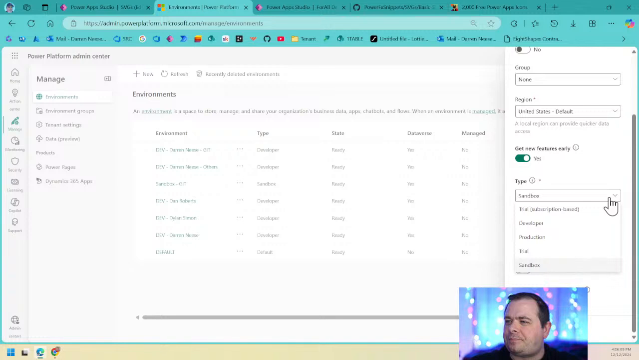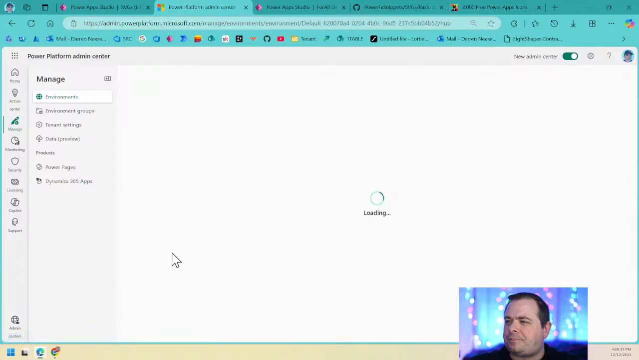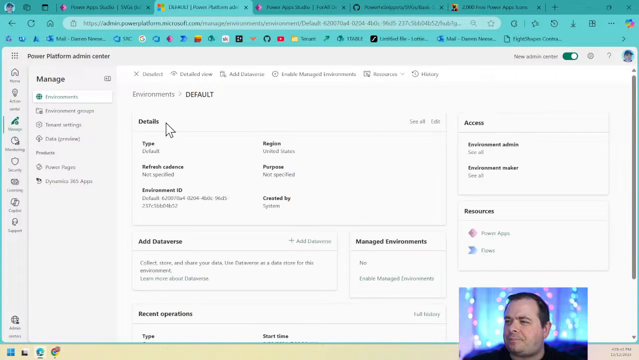And then you also have the default environment. You have limited control over the default environment, because with any tenant it gets created and you can't remove it. You can rename it. And the best practice for a default environment, okay, I'm going to click cancel for a second. Look, here's my default environment. What Microsoft recommends is that you call it,